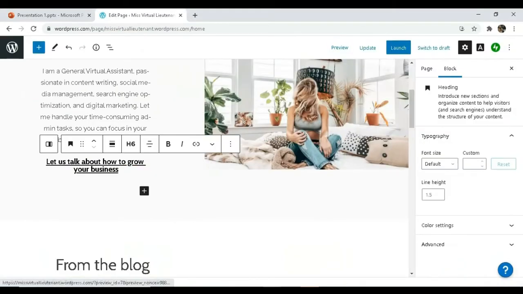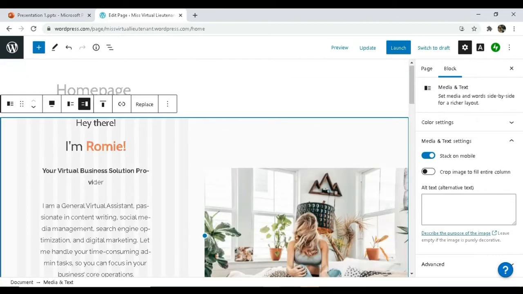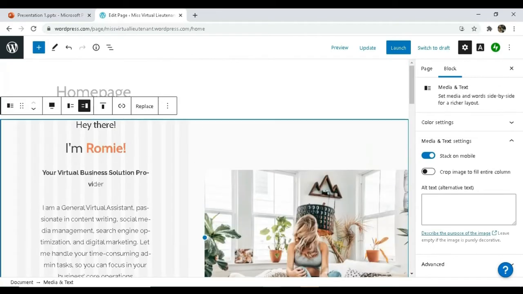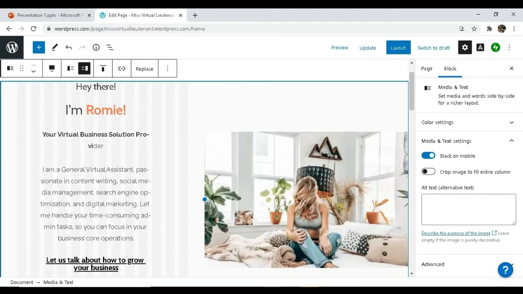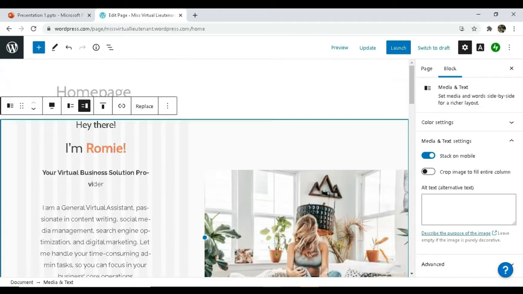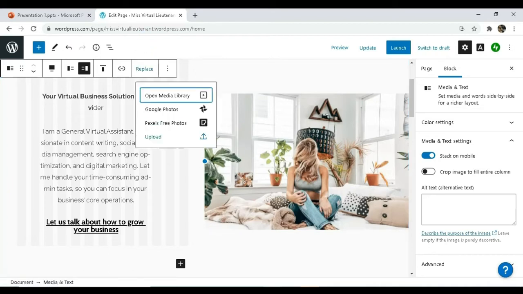The preview is very helpful to see how your website will look once it's already launched. So this one, it's a photo. It's a very nice photo, by the way, but I actually want to change it to something more personalized. So if you can, add a photo of your business or your own photo, since it's gonna be a one-month theme for now, right? You can click the photo and then click here replace, click upload,